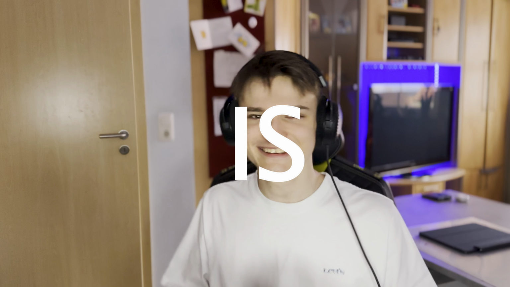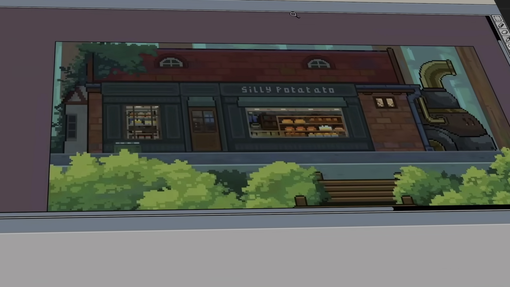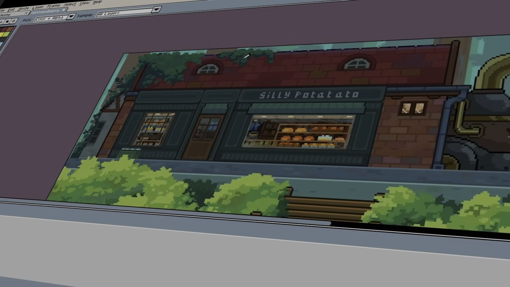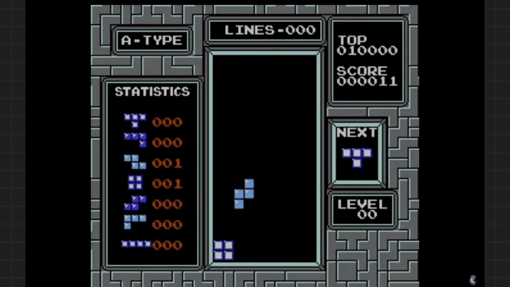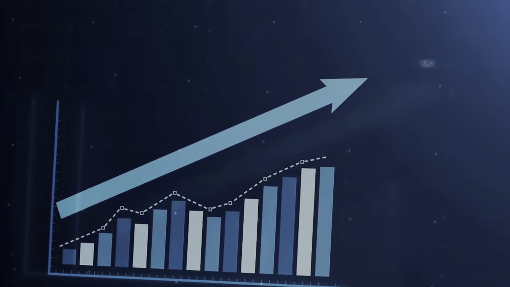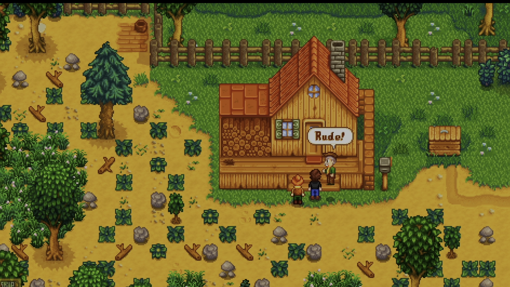But what even is that? Pixel art is a type of digital art made by arranging tiny square blocks called pixels to create pictures. It's like making a picture one small square at a time. This style became popular with early video games because computers back then didn't have a lot of space for details. Even though computers are much better now, pixel art is still used in games and art today because it has